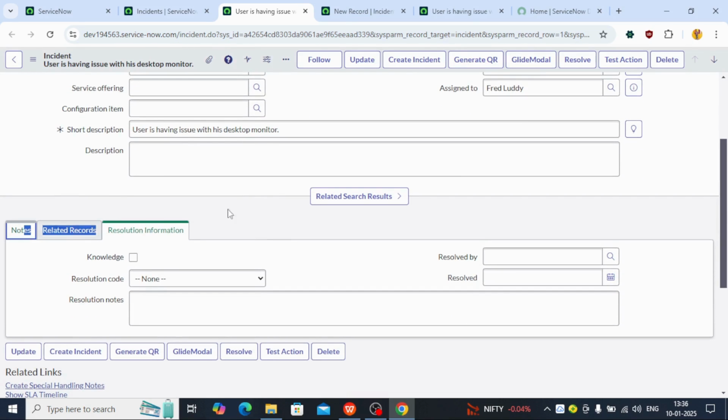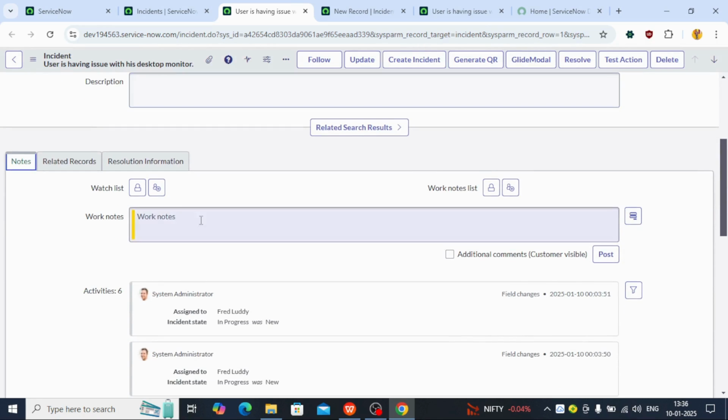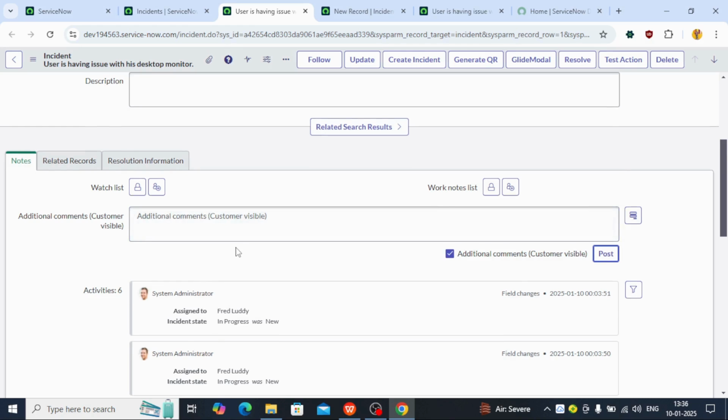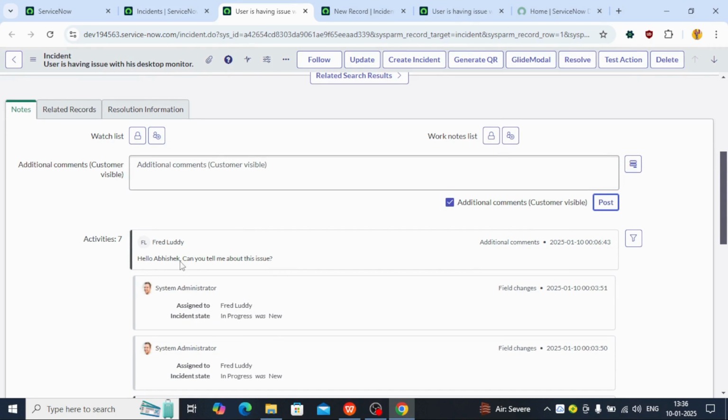Now I need some information from Abhishek Thakur. Hello, hello Abhishek. Can you tell me about this issue? And I will check this box, additional comment visible, and I will click on post. Now you can see Fred Lady: hello Abhishek, can you tell me about this issue? Now what I will do, I will